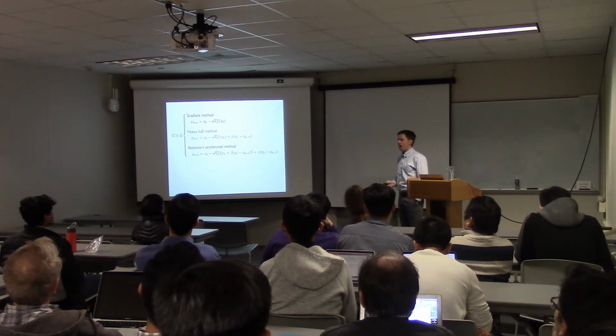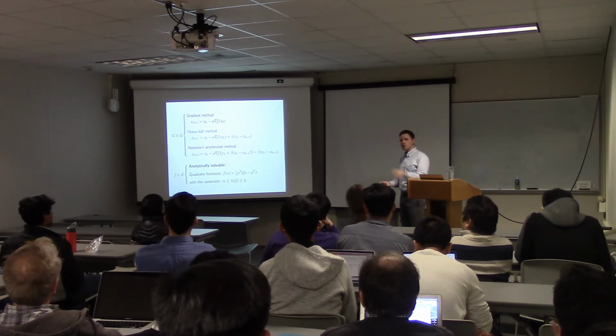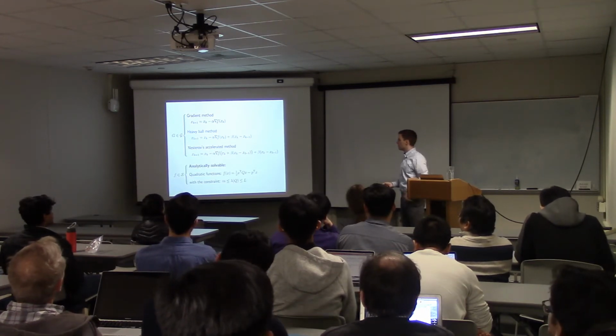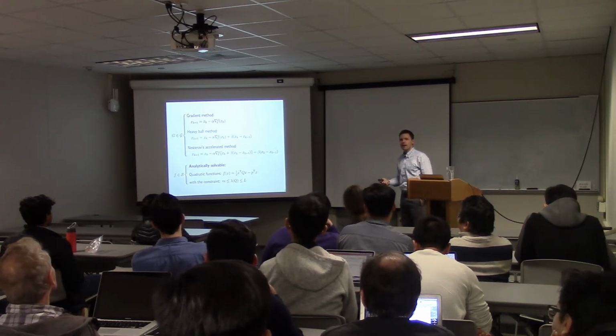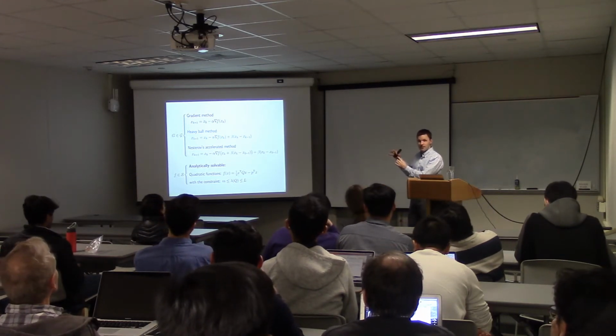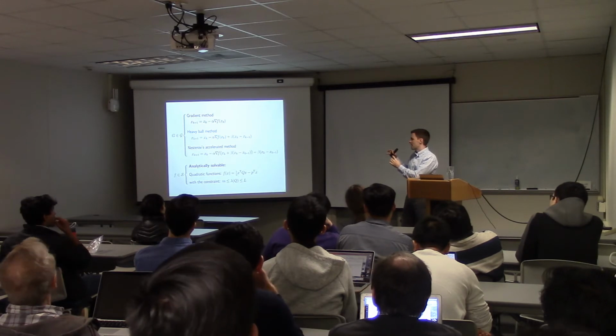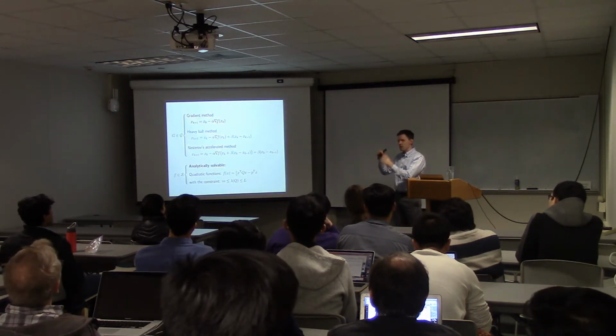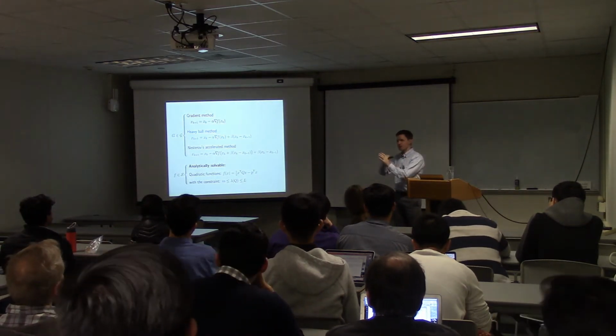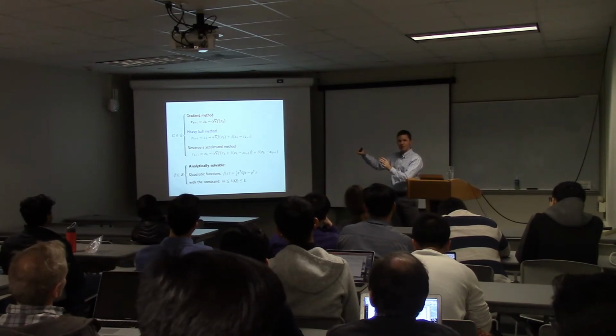Okay. And what about F? Well, the example I showed you on that first slide, the demo, that was a set of quadratic functions. Now, I should just show you one quadratic function. Obviously, if I knew what the quadratic function was, I could just jump to the optimum point in one iteration, right?